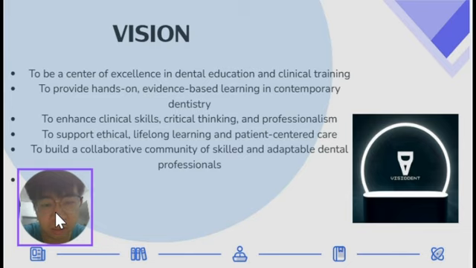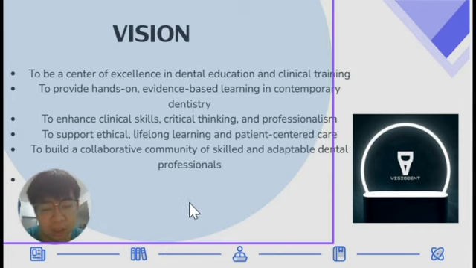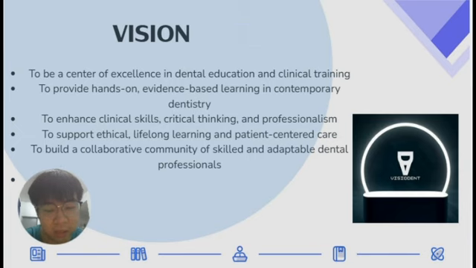Visual Dent Academy aims to be a center of excellence in dental education and clinical training. The academy is committed to providing hands-on, evidence-based learning opportunities that reflect contemporary dental practice. Through practical courses, workshops, and masterclasses, Visual Dent Academy focuses on enhancing clinical skills, critical thinking, and professional competence among dental practitioners and students. In addition to technical skill development, the academy emphasizes ethical practice, lifelong learning, and patient-centered care.